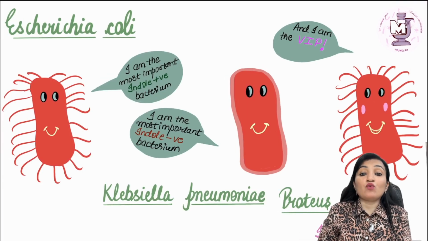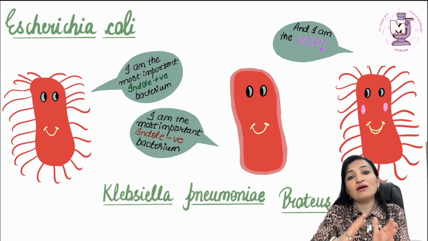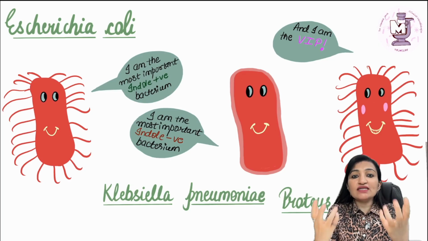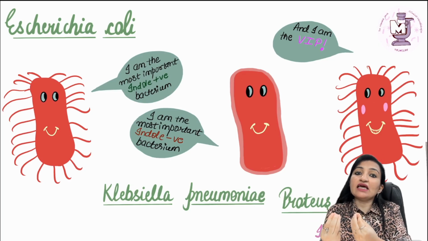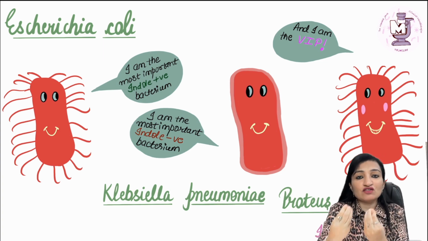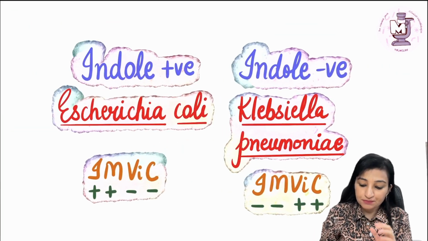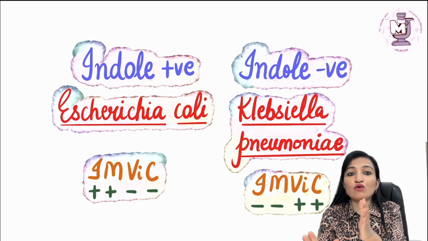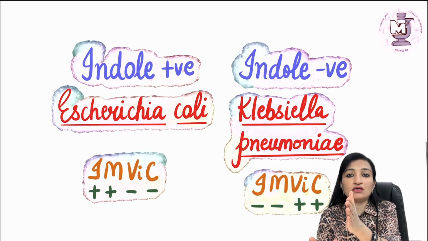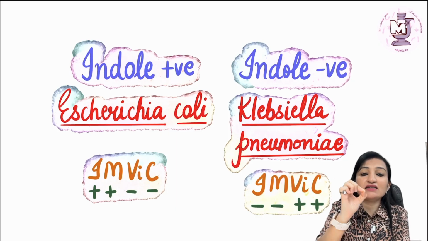And another important point which I would want to mention over here before I move on to the next slide is that all these three organisms which are the members of Enterobacteriaceae family, they can behave as commensals and certain kind of strains are pathogenic also for humans. Please remember this. So the two most important examples which you should remember for indole positive and indole negative tests, that is respectively Escherichia coli and Klebsiella pneumoniae.